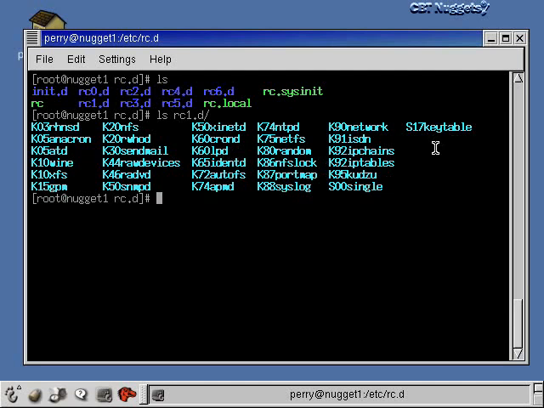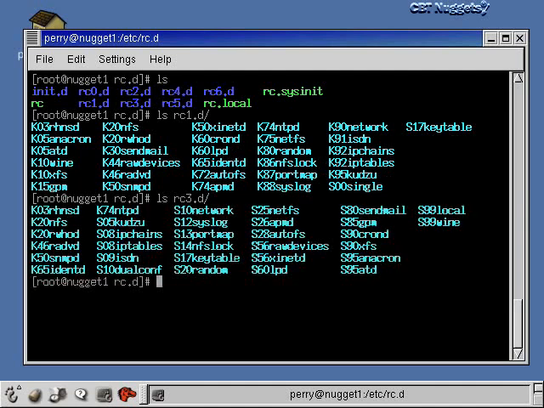So the service single and the service keytable should be started to enter run level 1. Now let's contrast this with run level 3. You'll see here that far fewer services are killed and many more services are started. And they just relate, like we said, RC1 relates to run level 1, which is single user mode, and RC3 relates to multi-user mode with networking. So obviously, more services will have to